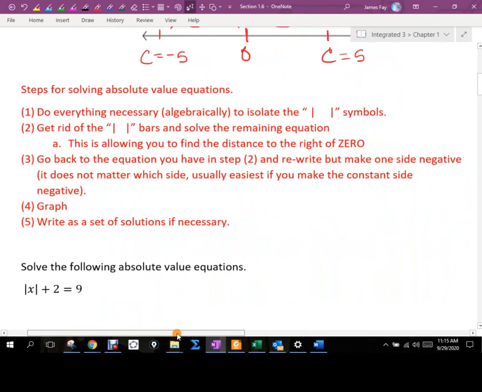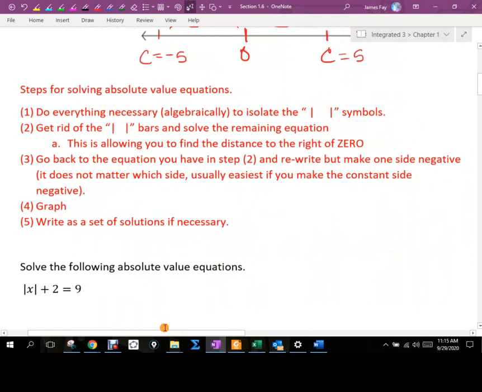If that does not make sense to you, here are more direct step-by-step procedures, okay? Step 1 says do everything necessary algebraically to isolate the absolute value symbols. And that's essentially what our rule tells us to do. You have to get your absolute value symbols all by themselves on either the left-hand side or the right-hand side,